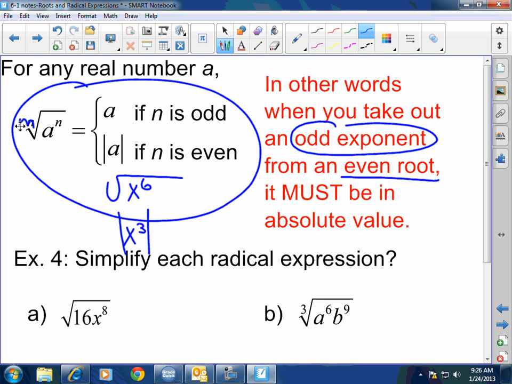Why do you think it would be important to take it out as an absolute value? Thank you, sir. Since it's an odd exponent, it could be negative, and I cannot have negative values inside of an even root. So again, when I take out an odd exponent, like this x cubed here, from an even root, I have to put in an absolute value. And we're going to do a bunch of tests now. We're going to do a bunch of practice. But does that make sense, guys? Okay, now,